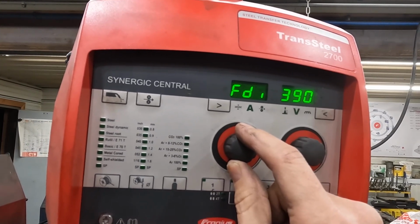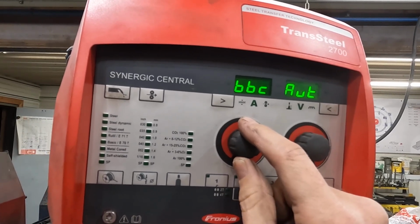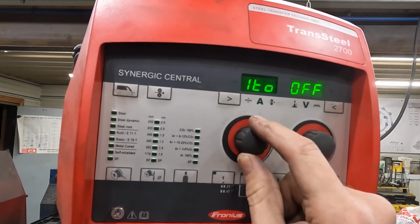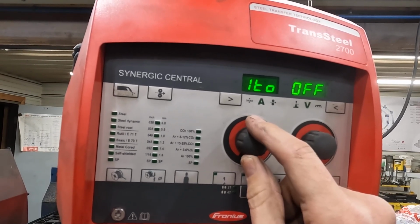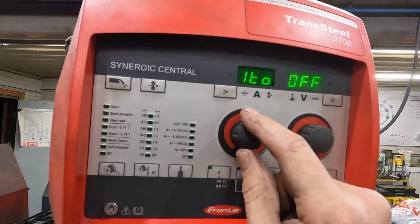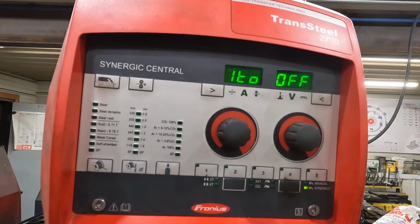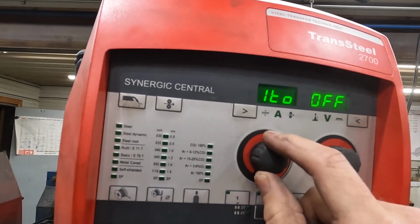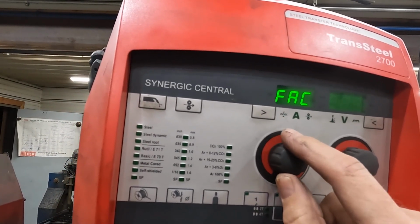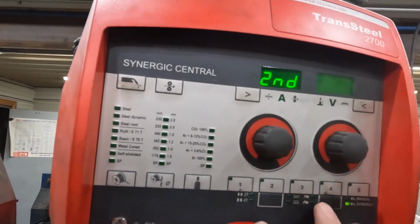Here's your wire feed, threading speed, burn back on this guy, and I don't even know what that is. Oh, that's length of wire to be fed before it kicks you off, like if it's just randomly shooting out wire there. So a factory reset, which is definitely something to know about. And then there's also a